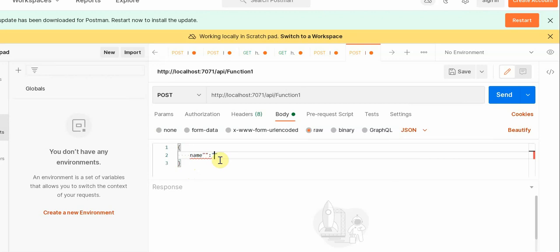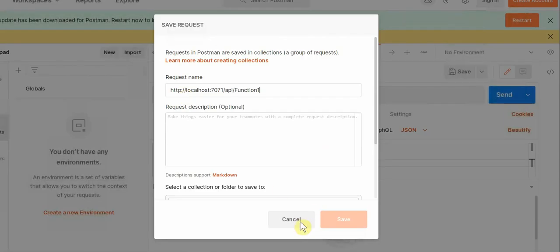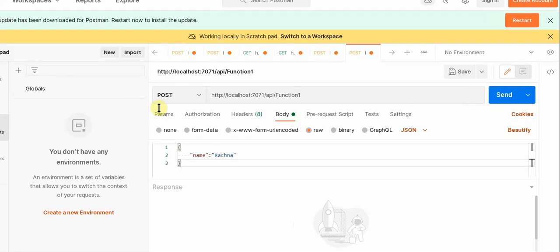I'm giving my name Rachna. You need to give it here like this. Yeah, so this is my sample input, and now after selecting post, I just clicked on save, and I will hit the send.